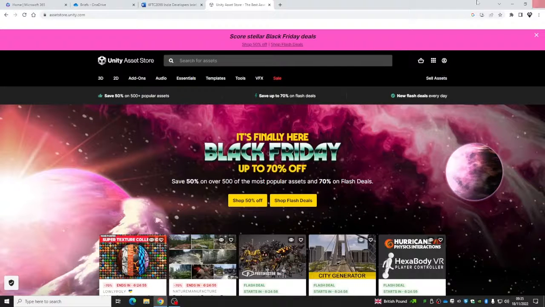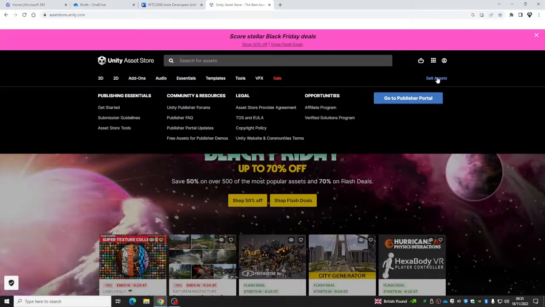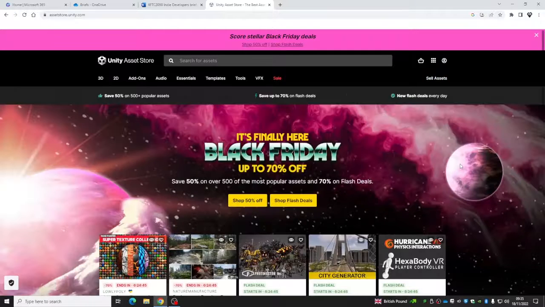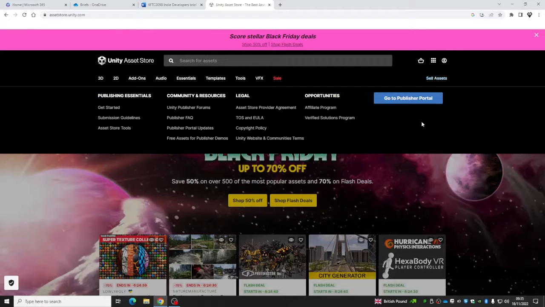What we can do is, as you can see on here straight away, Unity use this almost like a selling tool, don't they? They say to sell assets. So if we click sell assets, it'll probably get me to log in actually, or not do anything. Or actually we can hover above it, and we've got lots of different things that we can look at.